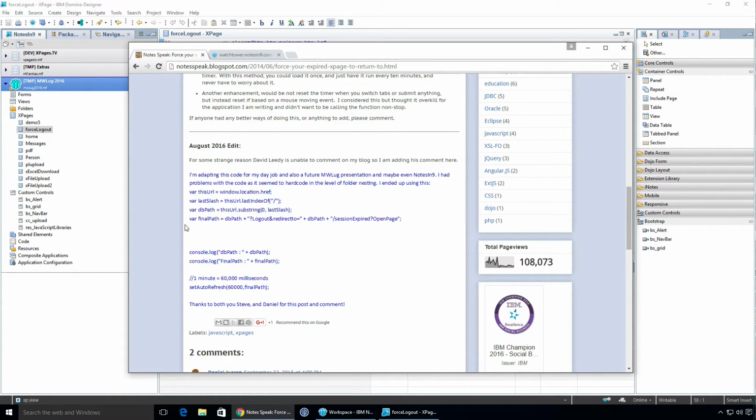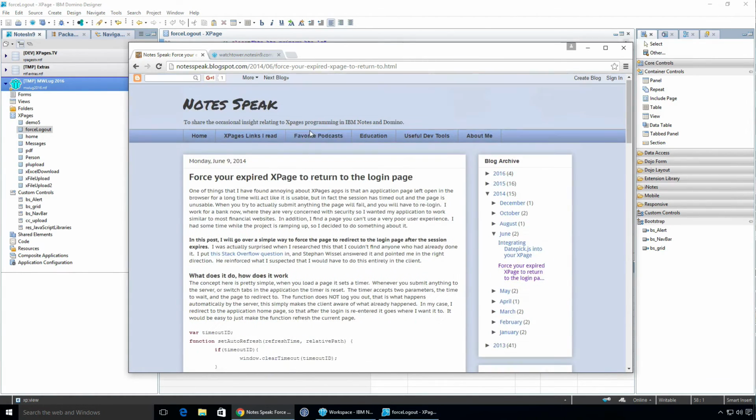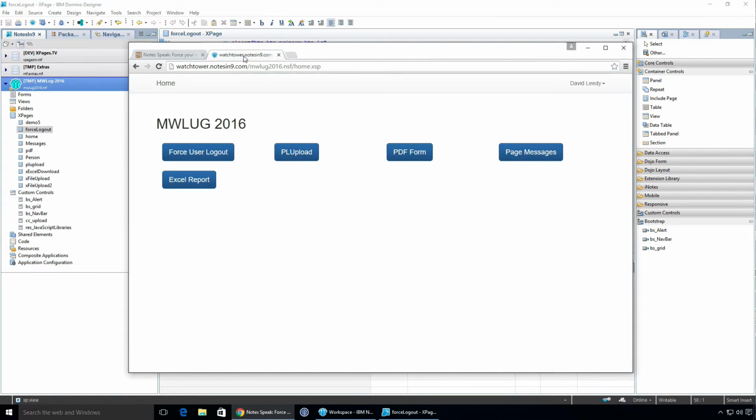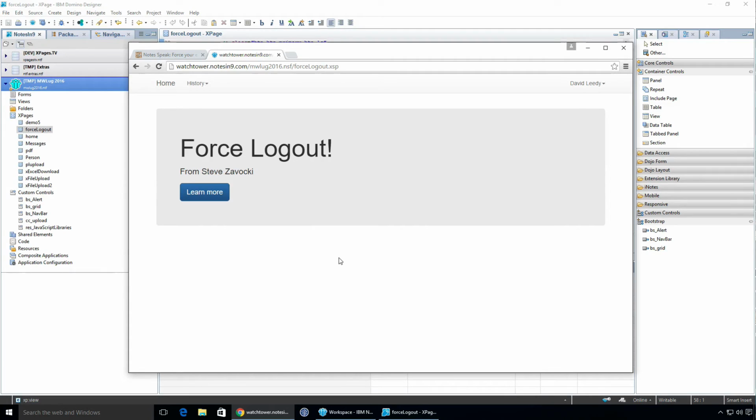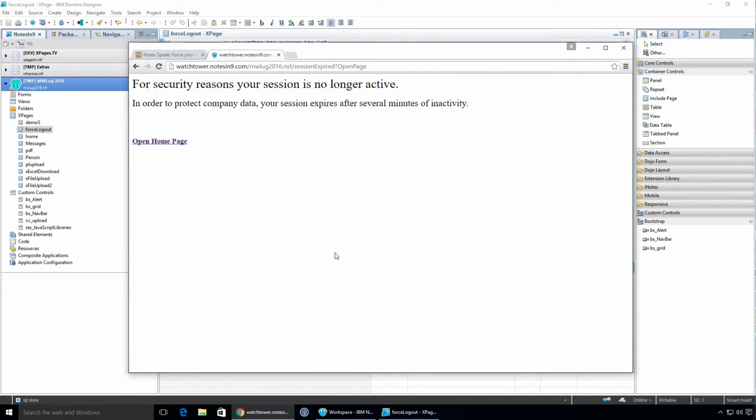I did something a little different, I think, to determine the path in case the database is in a nested subfolder or so. So let's take a quick look at it and see what it looks like. If I click on force user logout on this page, under the scenes client-side JavaScript code is running that's going to log us out. And I have it set for like 15 seconds or so, so I should hopefully see it pop any moment here. Oh, there it goes. Okay, good. So that's how you know it works, and I'm not fibbing.